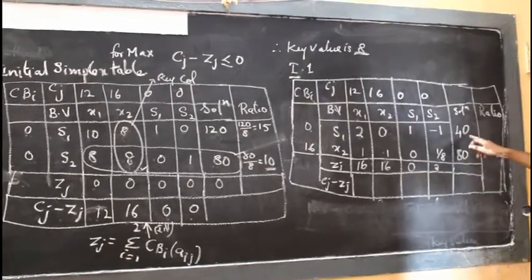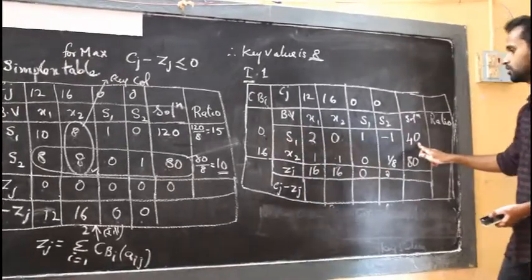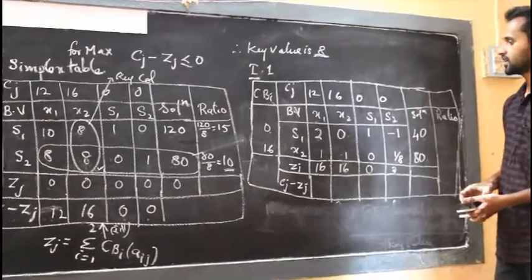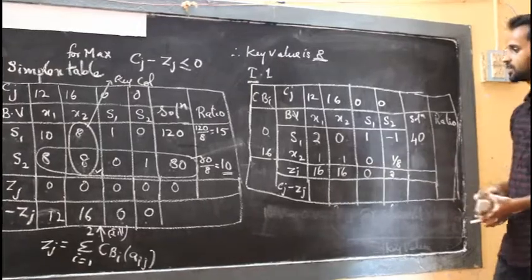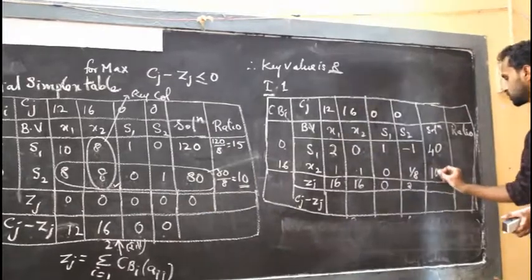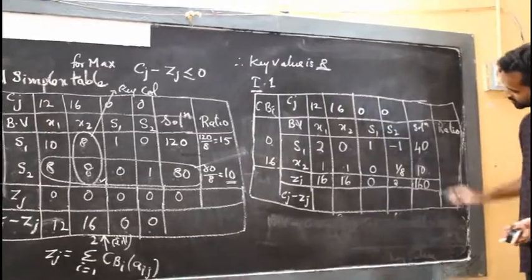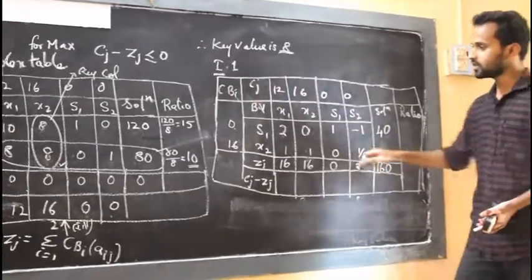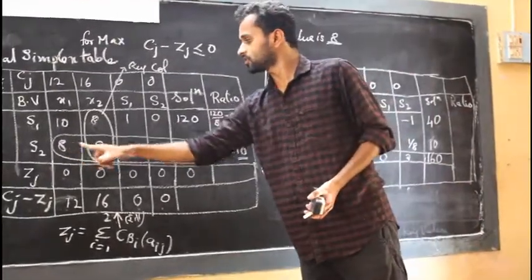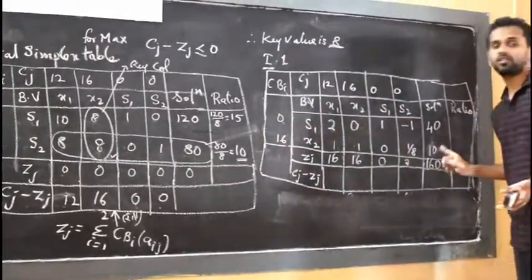Get it? Similarly, I need to go for it here also. So 0 into 0, 16 into 10, find it here. It was not 80, because on one side it was converted. Look at it, when I divide it completely by my key value, what will I get here? 10. So this will be 10 for me, and 16 into 10 will be 160. How did we get 10? Look at it, I changed the complete row here, right? So divided by the key value 8, 80 by 8 is 10. So you should recall it.